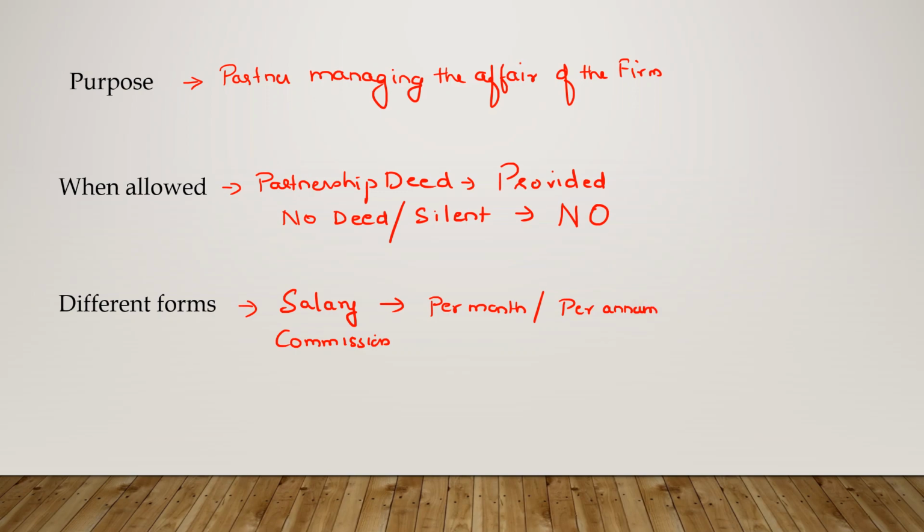Sometimes the amount given is only 5,000. Without checking whether it is per month or per annum, you might multiply it by 12, but actually it might be per annum. So when it says per annum, only 5,000 has to be taken as remuneration. But if it said 10,000 per month, then you should multiply, and the total remuneration which can be allowed would be 1,20,000. This is a commonly made mistake in the urgency to finish the question. You read the question, you see the amount is small, and you multiply by 12, assuming that it's per month.